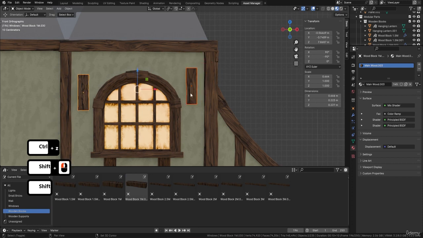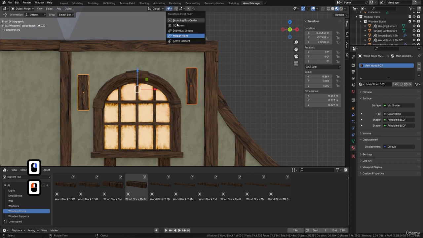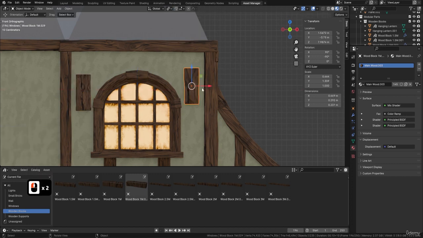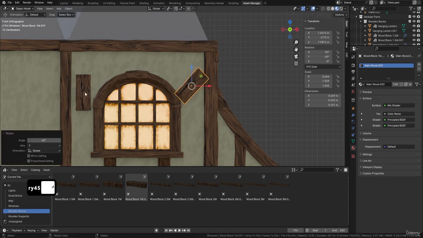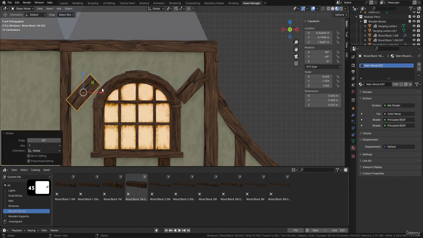And then what I'm going to do is grab both of these. I'm going to press S and X and pull them out. But I'm going to do that on individual origins, of course. So S and X, pull them out. And now I think that's actually going to be better. So now if I press RY 45 degrees and then RY 45 degrees, like so, now I can actually put